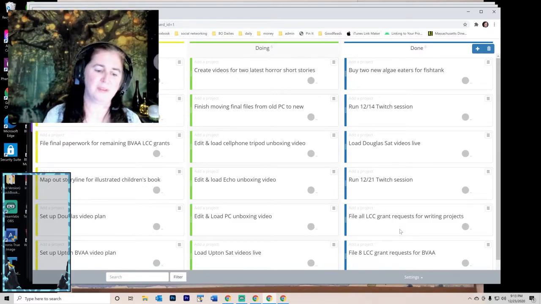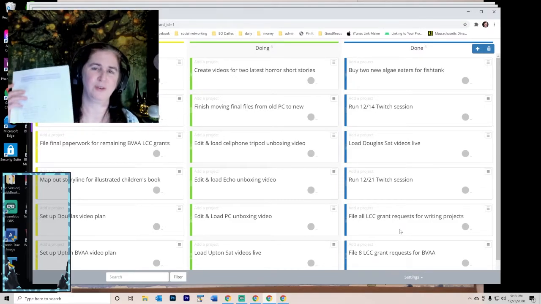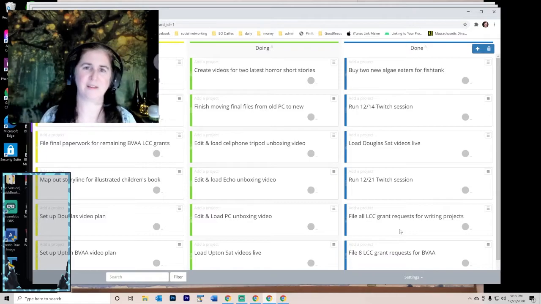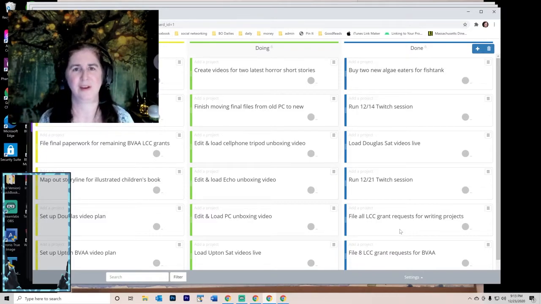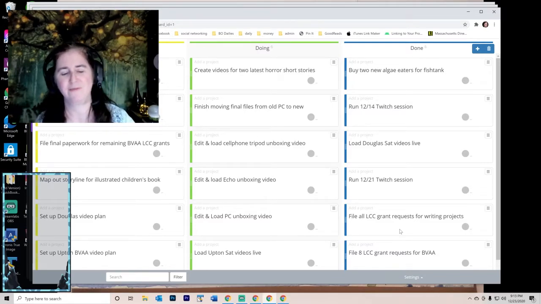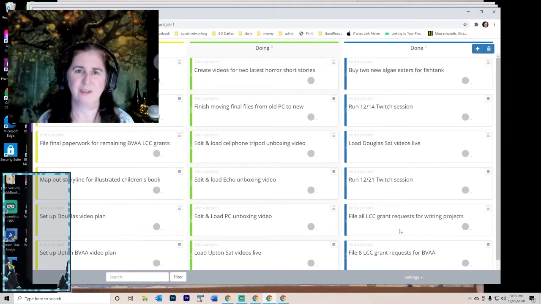In comparison, I really like doing the daily to-do list by hand because the act for me of writing things out by hand really reinforces that this needs to get done today. And if I keep writing the same thing over and over again, day after day, it really emphasizes that I should get it done soon instead of just pushing it off and pushing it off and pushing it off. So there are different aspects to each of these different systems.